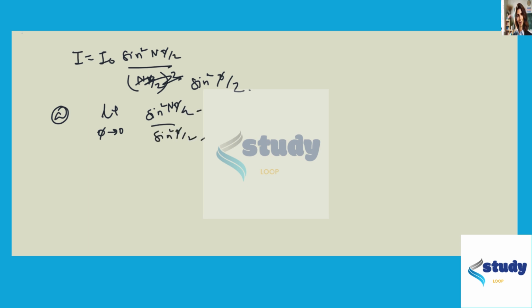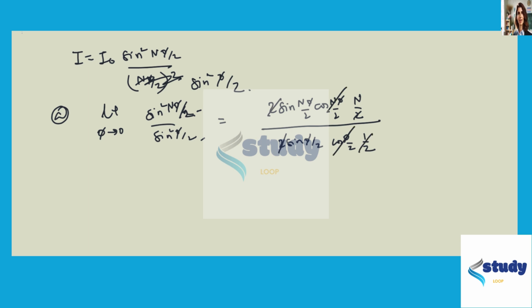Notice that both the numerator and the denominator go to 0, which means we can use L'Hopital's rule and differentiate both the numerator and denominator. The differential of the numerator gives 2 sine n phi by 2 cos n phi by 2 into n by 2. And the derivative of the denominator with respect to phi gives 2 sine phi by 2 cos phi by 2 into 1 by 2. Now, by cancelling a few terms, we can see that these two terms are 1 because phi is 0, and these two terms